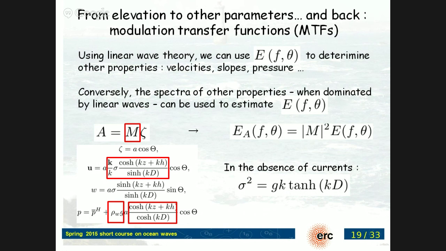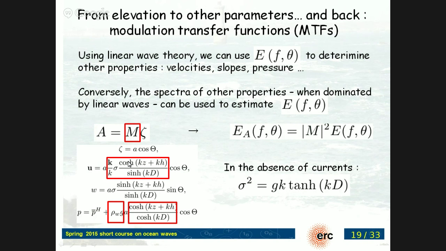All right, so I talked about the spectrum of the sea surface elevation and its directional spectrum. But maybe most of you are not so much interested in the elevation itself, but in what happens at the bottom, which is the case of Florian with his seagrass on the bottom, and you want to know the orbital velocities and if the sediment is moving. So what you usually want to do is, okay, I know that in theory my waves have this 4D structure. I can reduce them to 2D, and actually there is a link between the bottom orbital velocities and the surface elevation, and this is given by linear theory.